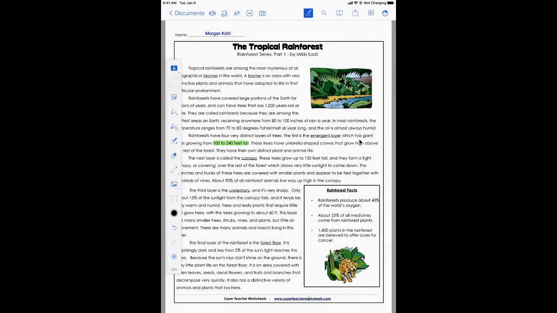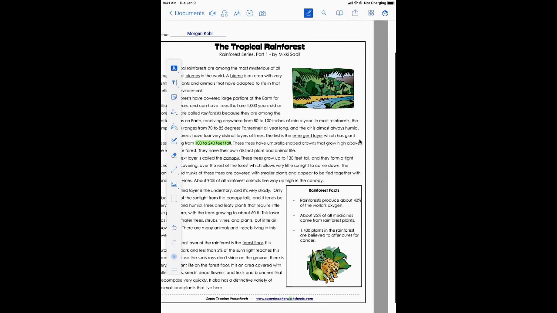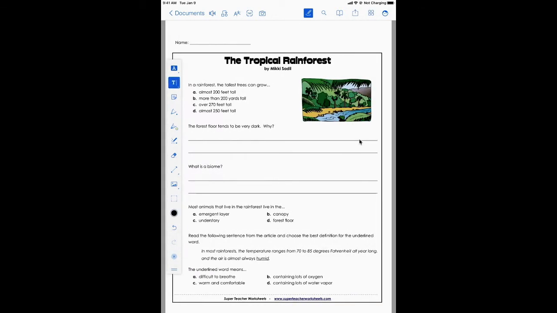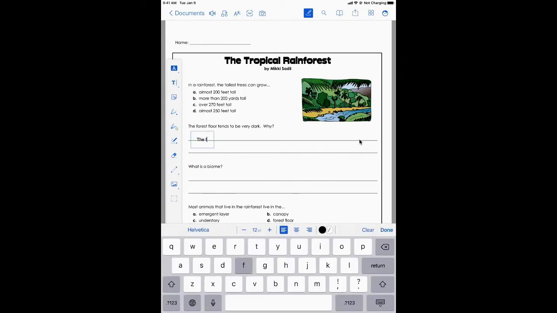So if I wanted to come over here and enter some text, if I wanted to go in and put an answer in, like let's say I want to answer number 2 here, and I want to say the forest floor tends to be dark because not enough sunlight is because of, let's say, tall trees.